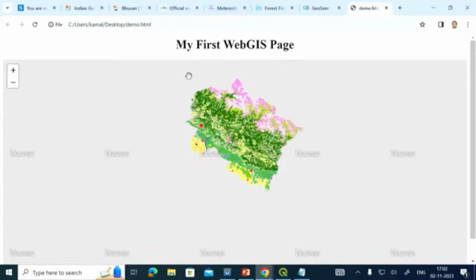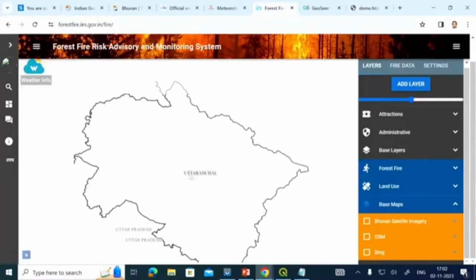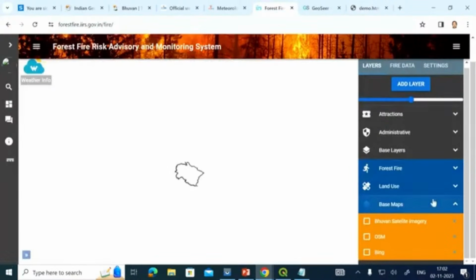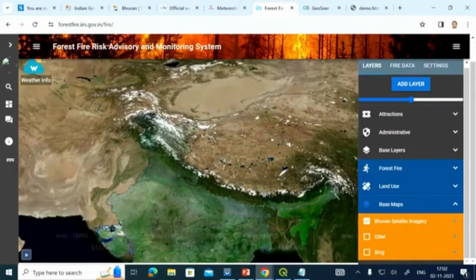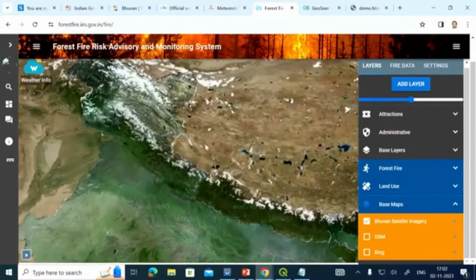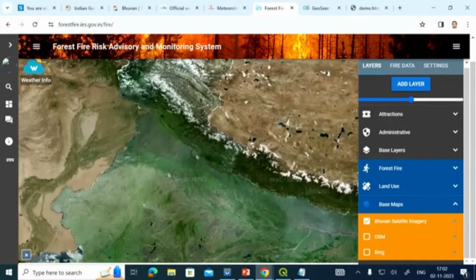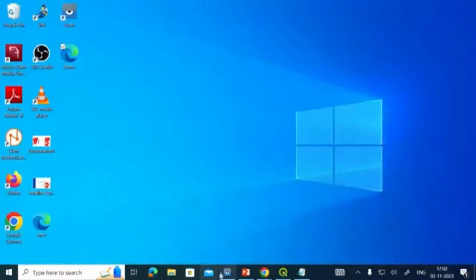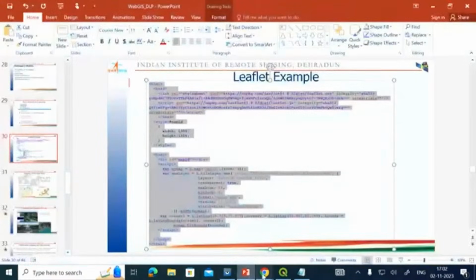So I can have my own page, I can have my own maps from different layers, I can have OpenStreetMap also at the back of it, or I can create two pages, just like in the forest fire example we have seen. It again depends upon how creative you are, how creatively you can create your web page. We can put some banners, some layer list over here. These are all possible if you have a good idea of this